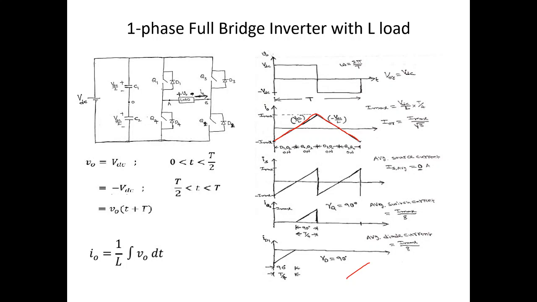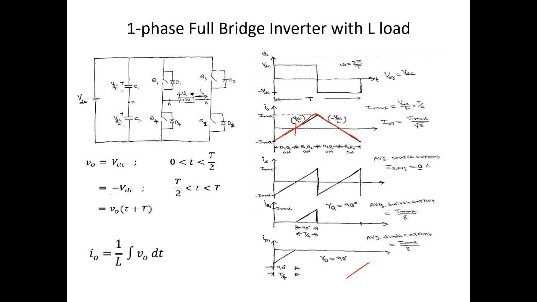It varies between a max and a min, so I max and I min. In fact I min is the same as minus I max. And now how do we find out I max? If you observe carefully, we can see that in the first quarter cycle,